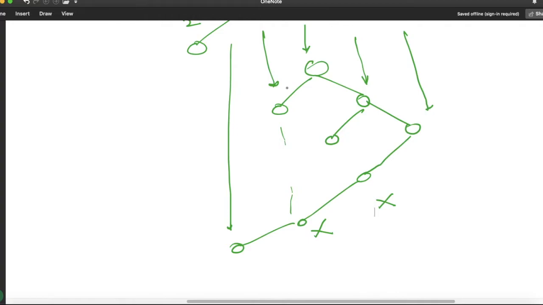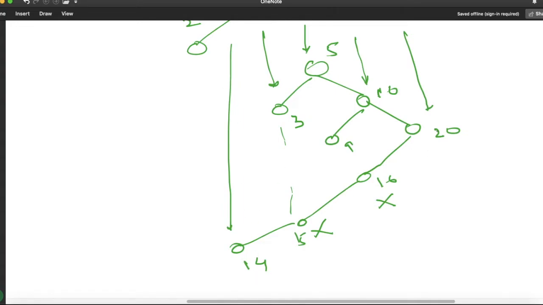Suppose this value is 5, this one is 3, this one is 10, this is 9, this is 20, this is 16, this is 15 and this one is 14. So what will be our output? We have to print the output from the left side.